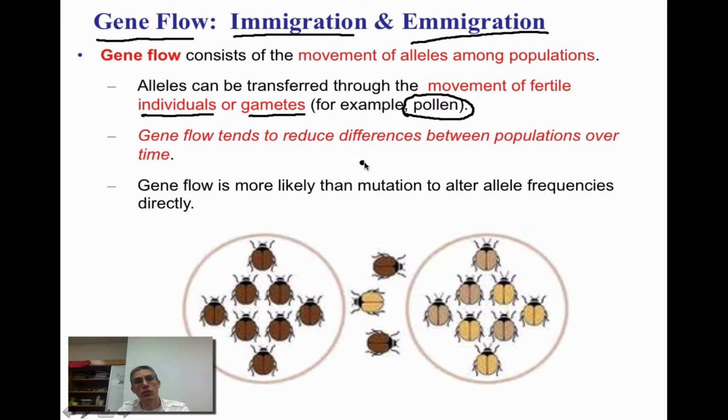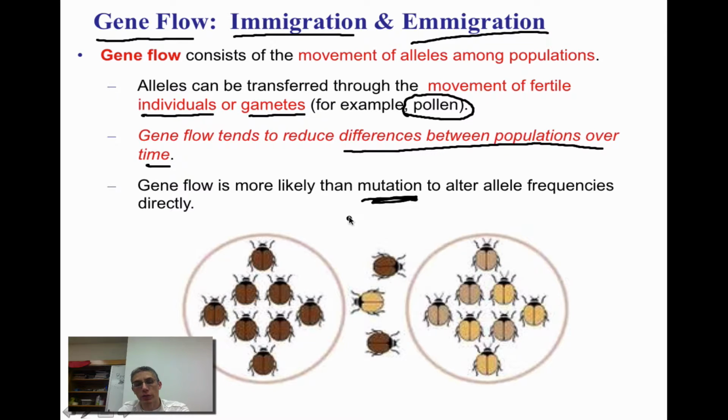Now, gene flow tends to reduce the differences between populations over a long period of time, and it's simply because we have individuals moving back and forth between those populations. Gene flow is actually more likely than mutations to alter the allele frequencies directly within that